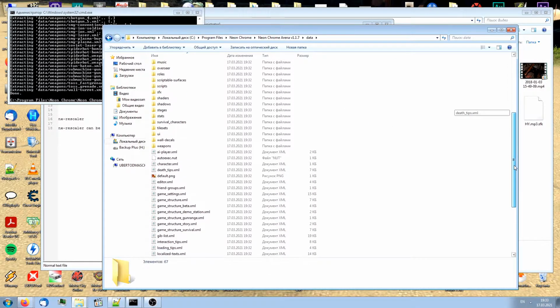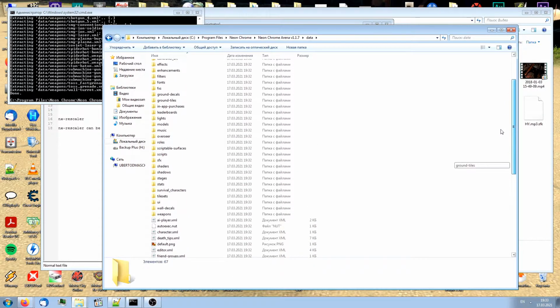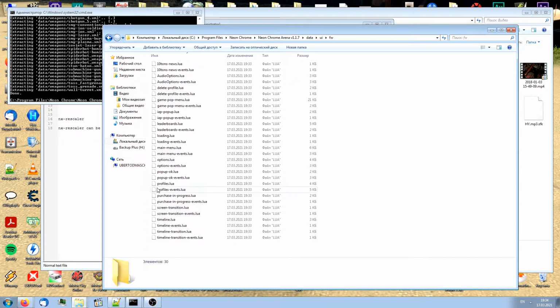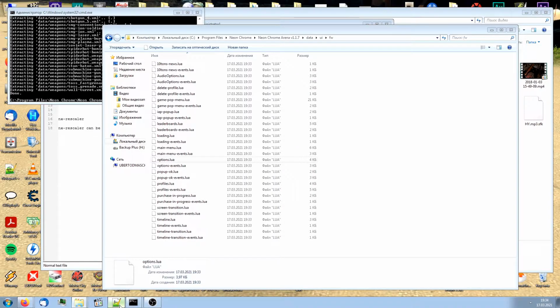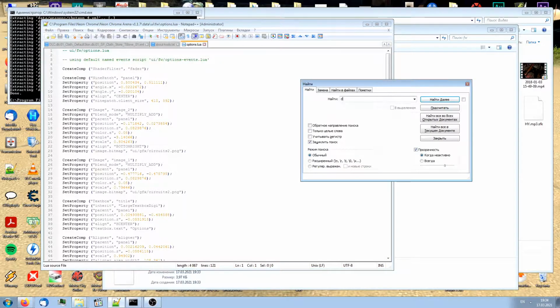So, it took me like an hour to find where the developers menu is hiding, but now I can show you, so you would not have to waste your time. So you need a folder named UI, then a folder named FW, and then options.lua. Lua, whatever. So this Lua script is unencrypted, uncompressed, whatever. It's basically a plain text, so you can open it with your notepad or whatever you use, and you gotta find